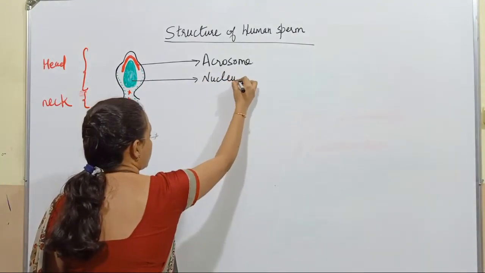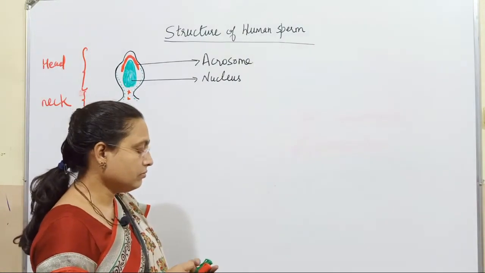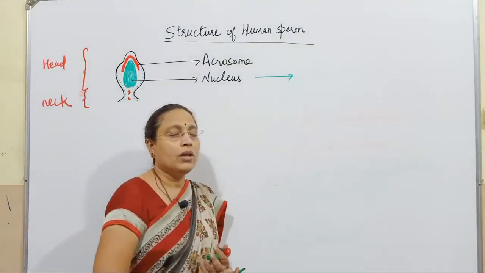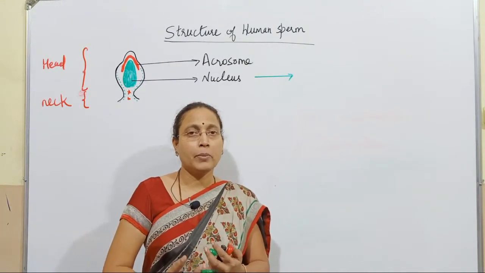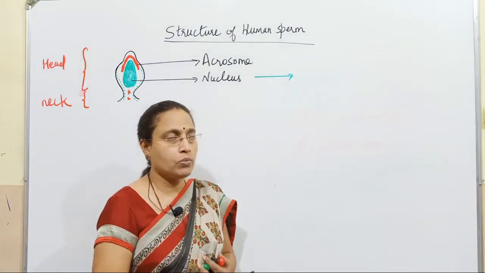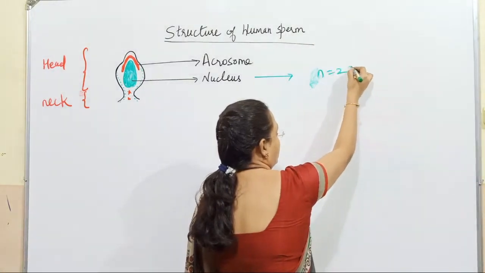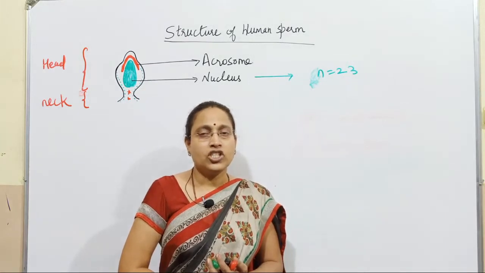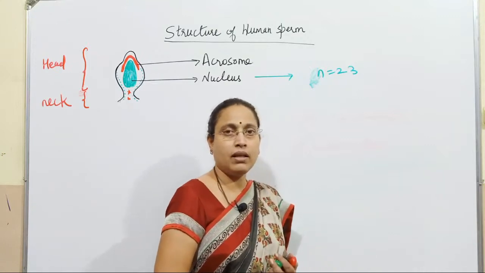nucleus of sperm. So nucleus of sperm, as you all know already, is a male gamete or a male reproductive cell. It should be haploid. So it consists of 23 chromosomes. And therefore, it also becomes the genetic material in the sperm. So the genetic material within the sperm is of course in the nucleus.